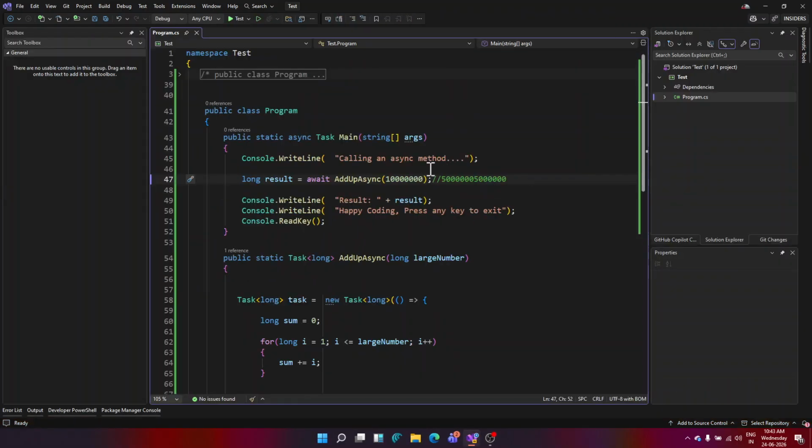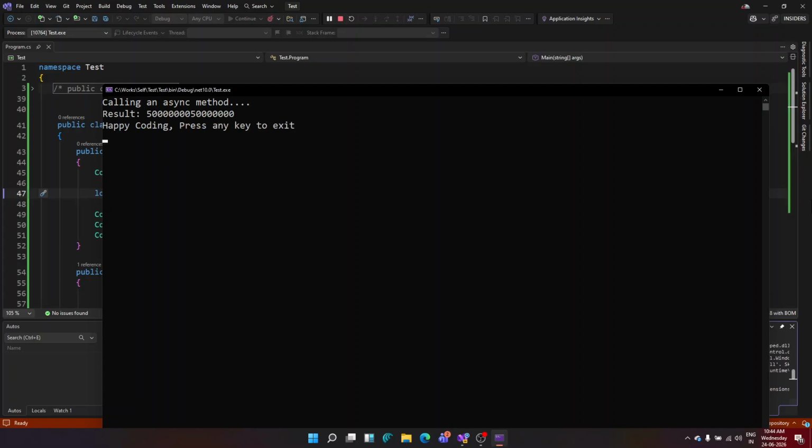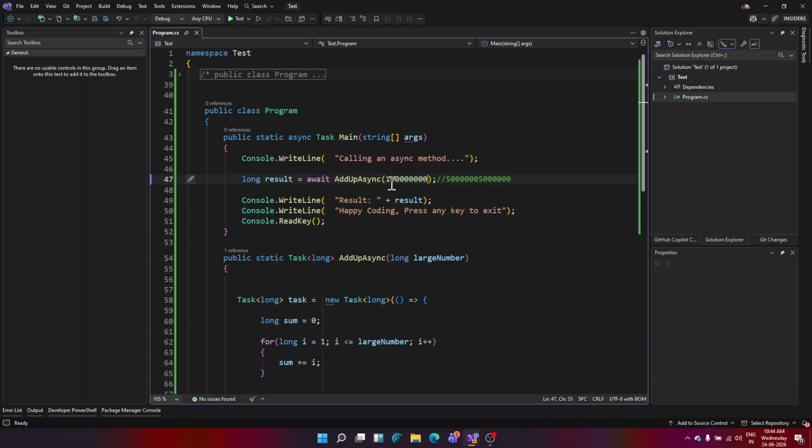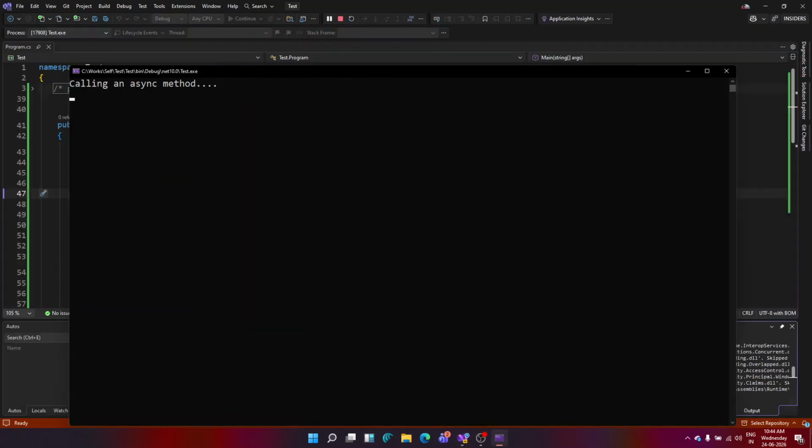Let me increase one more zero. Now you can see a small dip in time. If I just make it twice the number, you can see the time is now 2 times because I incremented the number 2 times. So it is taking a little time, right?